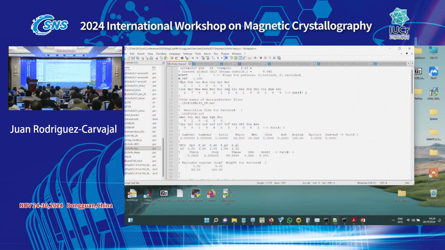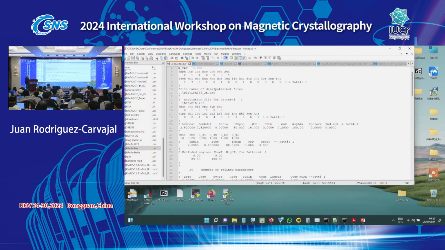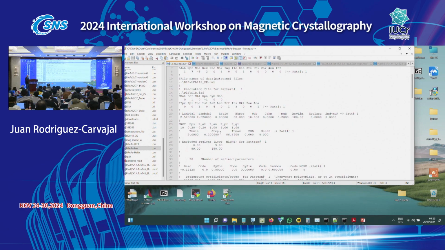You see, for instance, in this particular case we have a single pattern. You have a number of phases, we have 2 phases. You have different kinds of things with different numbers that you can write here. This part is, for example, in the case of constant wavelength, where we have the wavelength, etc. You also have the relaxation factor for the least squares refinement. For instance, I put a small number here because in other cases we are using angles that move, for example, the structure, rigid bodies, etc.